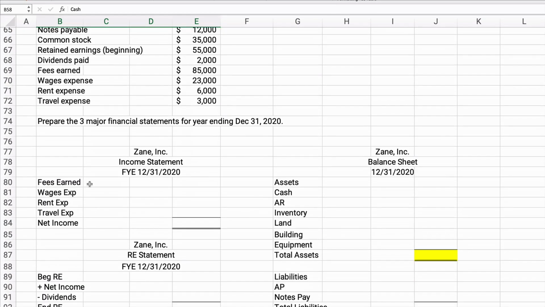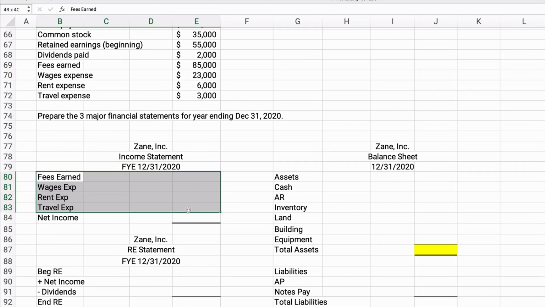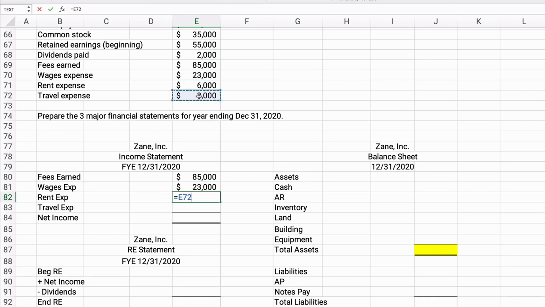All right, so what I've done is the first thing we're going to do is our income statement. We need to go through and find our revenues and our expenses. So fees earned is another way to say service revenue. So that is going to be 85,000. So I can point to these, 85,000. Our wages expense is 23,000. Our travel expense is going to be 3,000, and